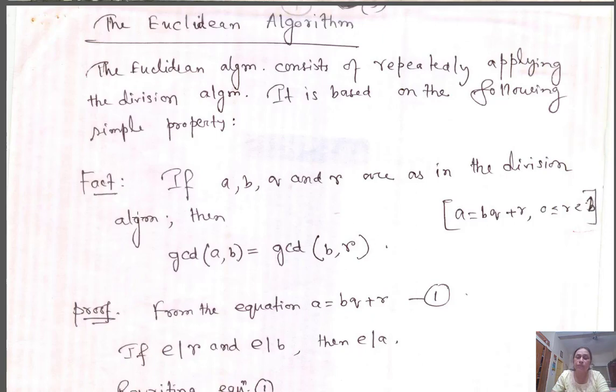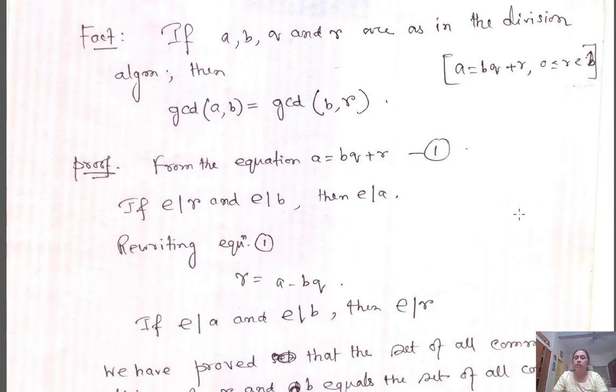This actually comes from this fact: the GCD of A and B is the same as the GCD of B and R. This is from your division algorithm. The proof is very simple. So A equals BQ plus R. Now, what does this mean? That means we have to establish